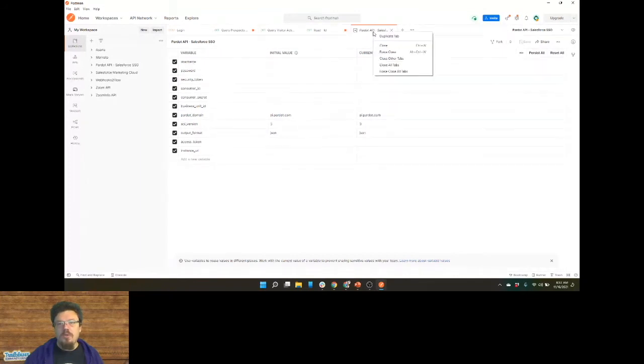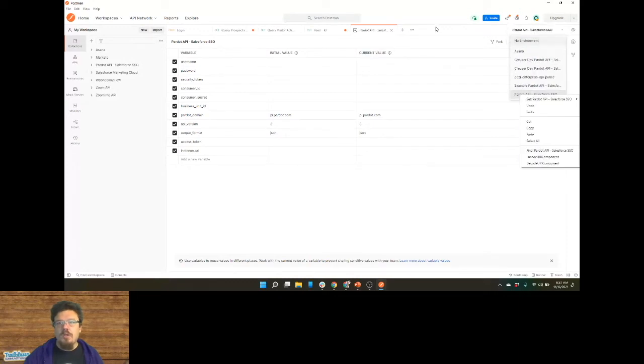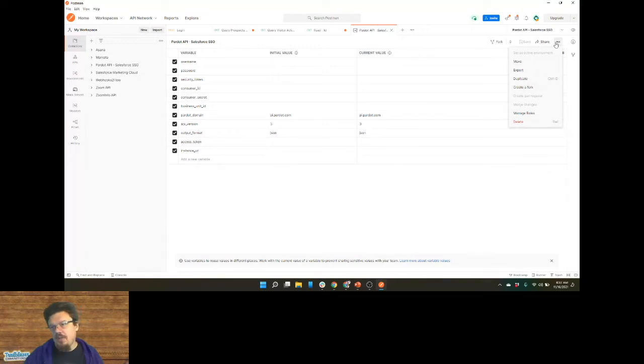You can also right click, not there. How do we duplicate this? Here we go. Duplicate. So when we are looking at our edits here, we can go into the section here and we want to click duplicate.